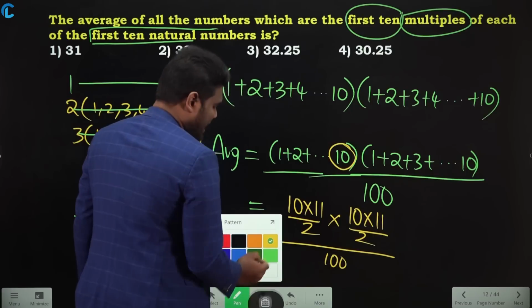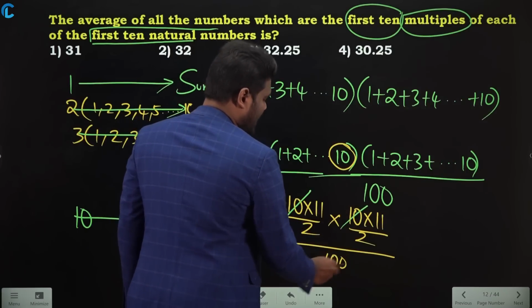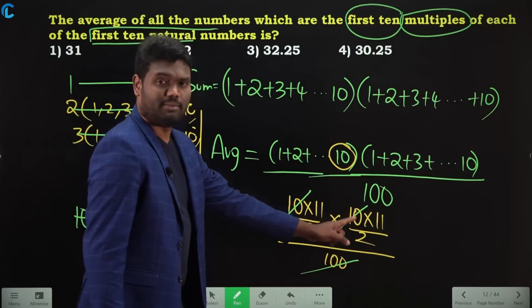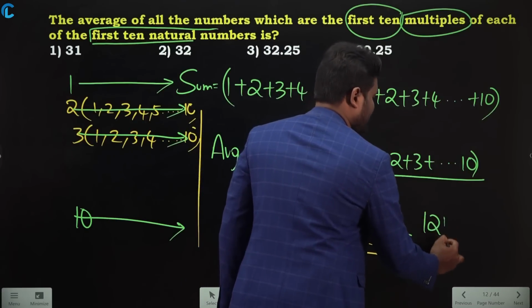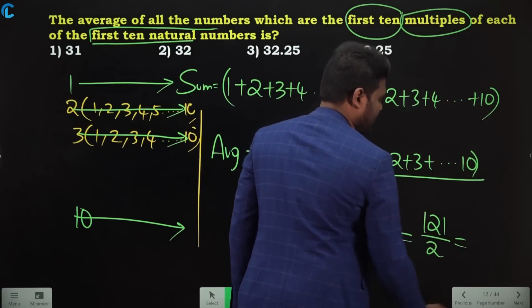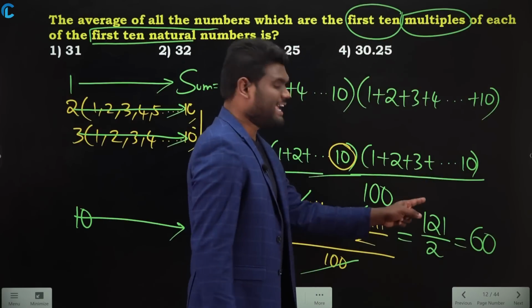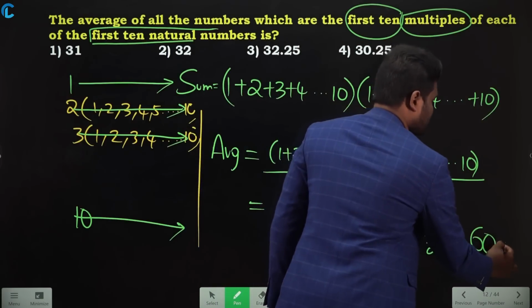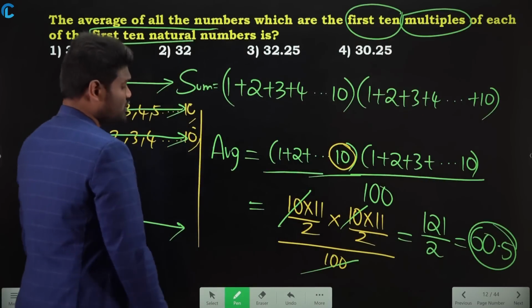Yes or no? So calculate this. When you calculate this, what happened? 10, 10, 100 gets cancelled. 10 into 10 is nothing but 100. 100 gets cancelled. So 11 into 11 is 121. 121 divided by 2. So 120 by 2 means this is going to be 60 times. And again you are left with one remainder. 1 by 2 is nothing but 0.5. So I can say that the answer for this question is nothing but, sorry, this is like